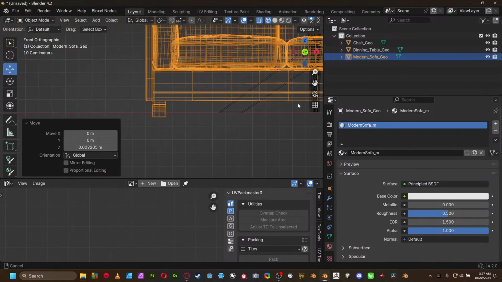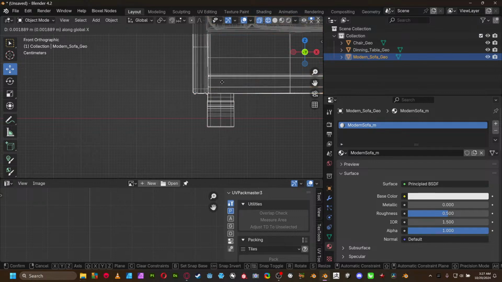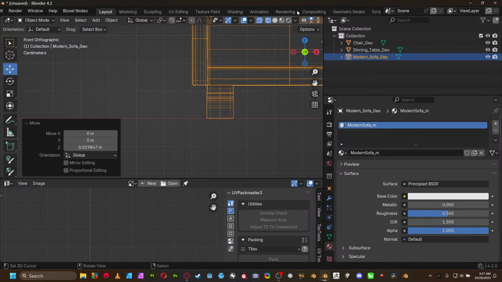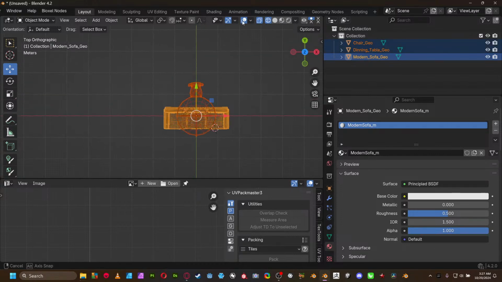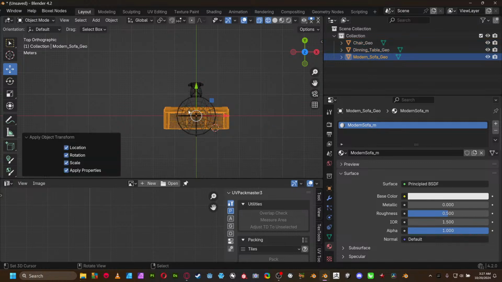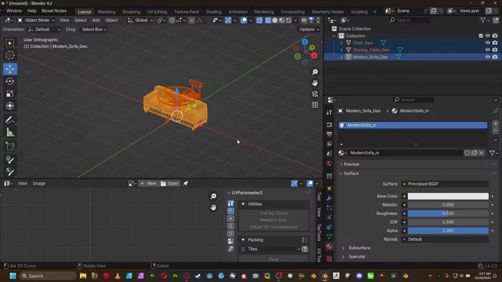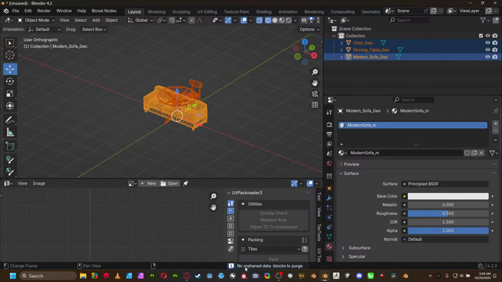I'm just gonna be sure that the legs are just touching a little bit the red line in there, just like that. And then I'm gonna apply the transformations for these guys just like that, only for the sofa, because the other guys are already done. So let's just take these two guys until Substance Painter. I'm gonna try to purge unused data again, just to check no orphan data in there,